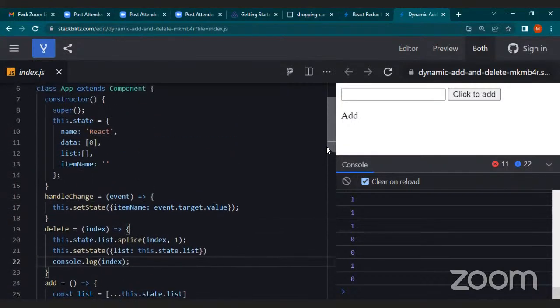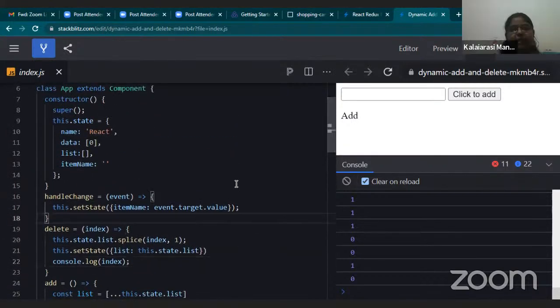Now what we will do is we will quickly have a glance at Redux entirely, and